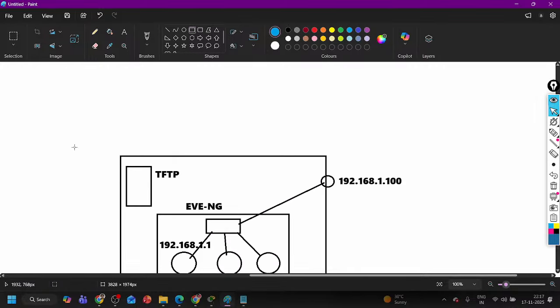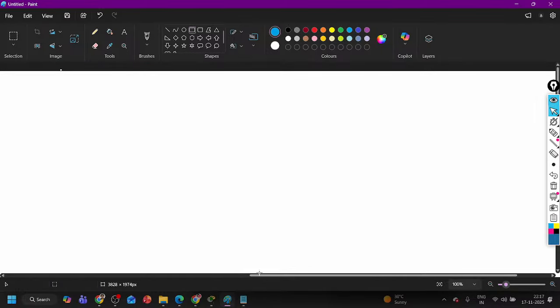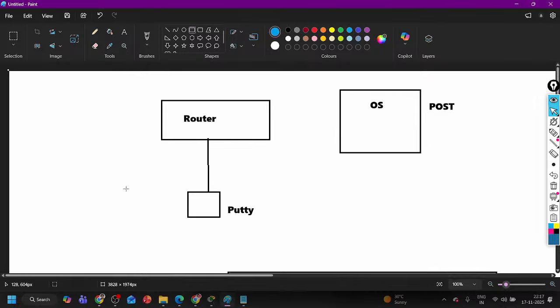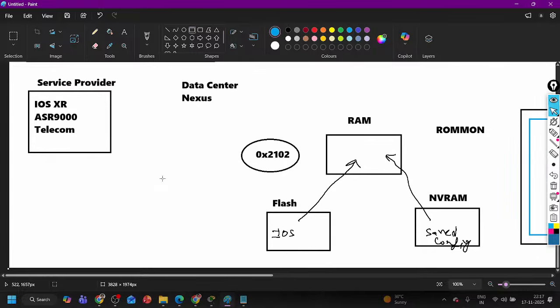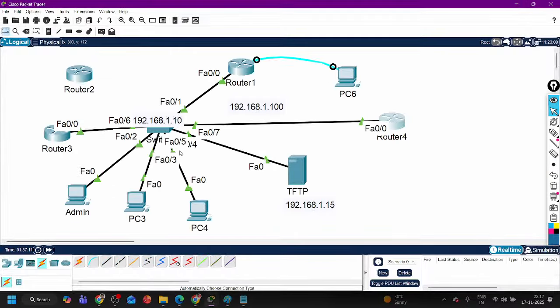Okay, before that we'll check if we have missed anything in the iOS. We'll revise it and then we'll move on to the switch. How to build a stable, fast and smart LAN network. The purpose of this module is how to design and configure a stable, highly available, fast and smart LAN network for